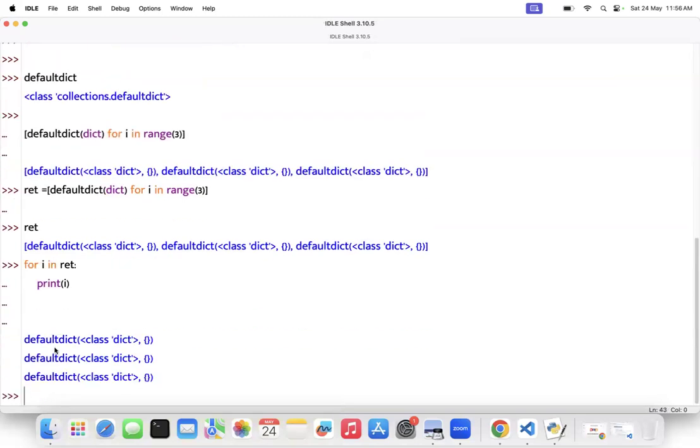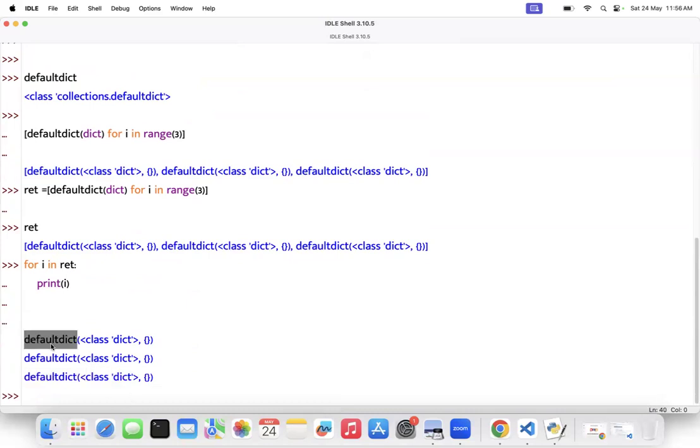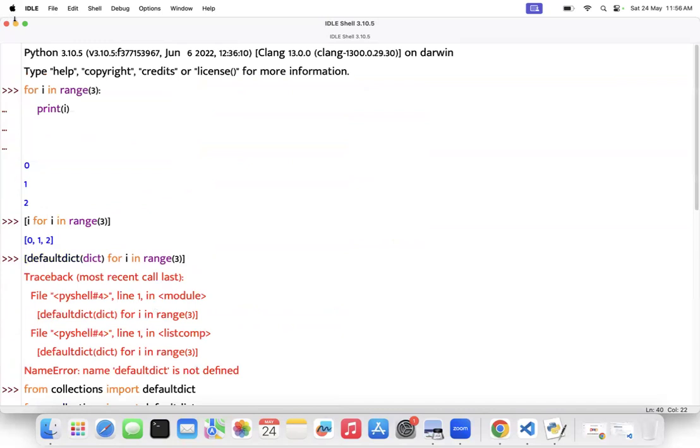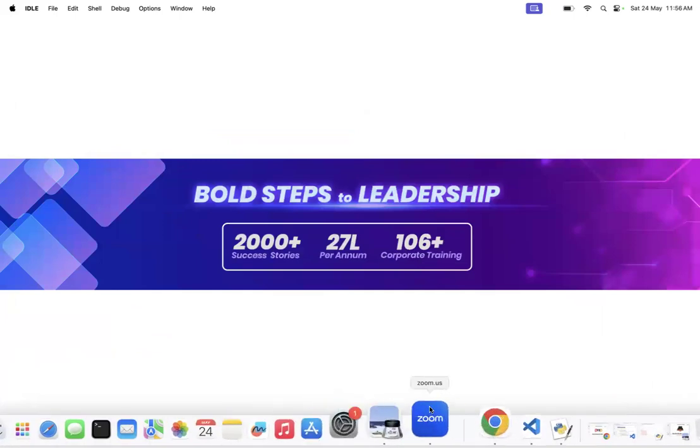It will see that you are printing a default dictionary, 3 default dictionaries, and each dictionary will be a default dictionary, which is of class dictionary, which takes this value. So this is the internal approach of coding done in DynamoDB also. DynamoDB in-depth is super